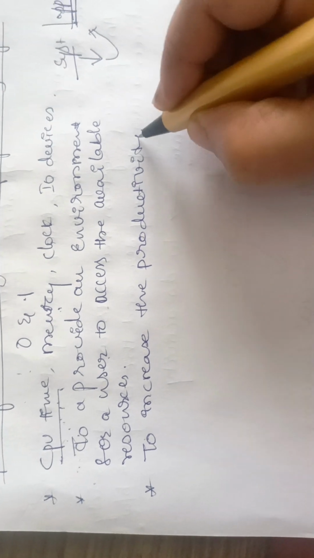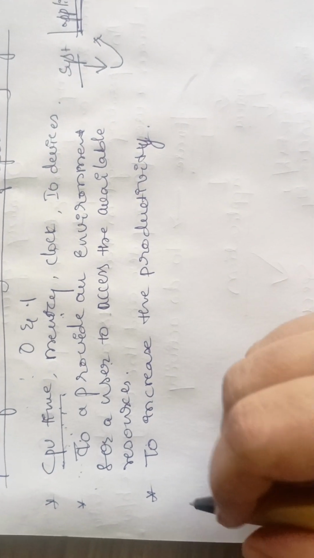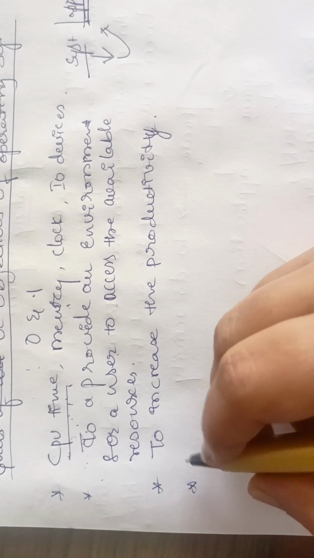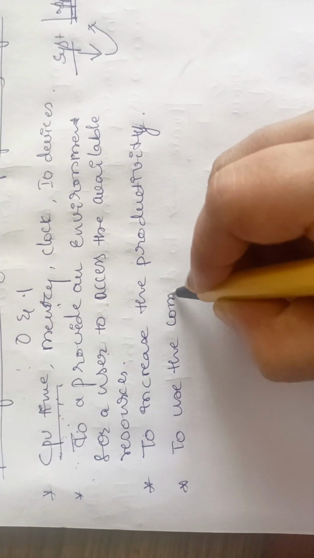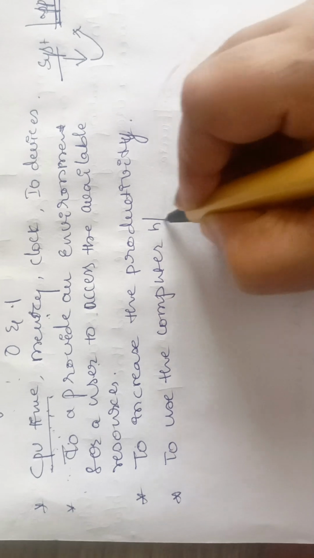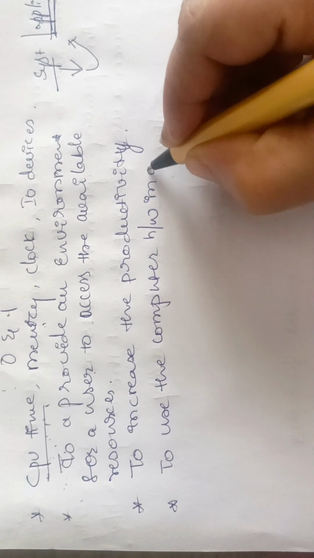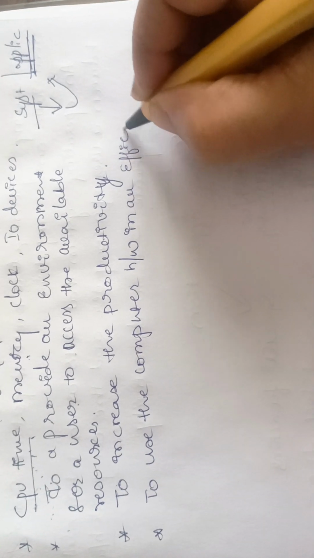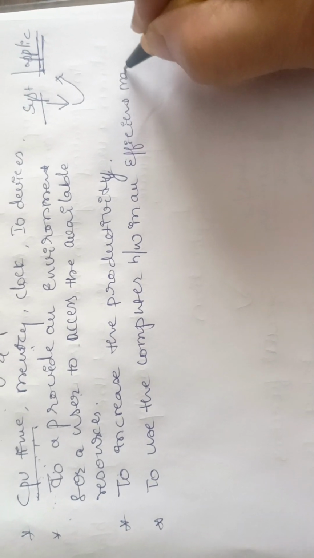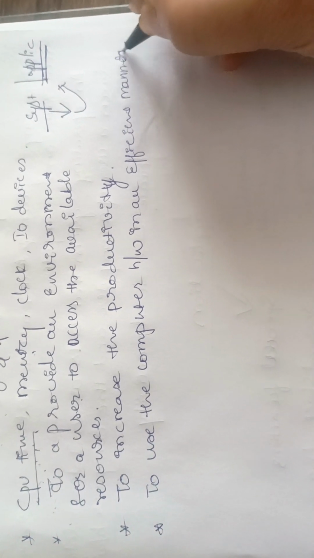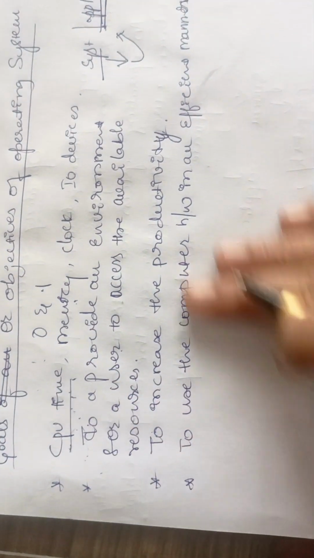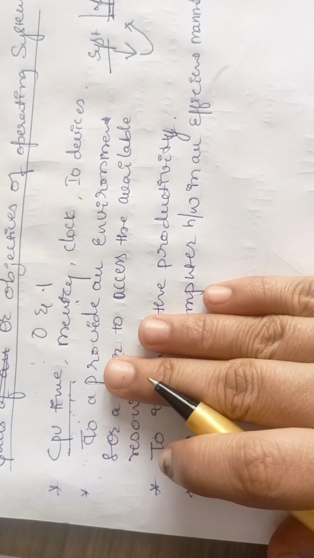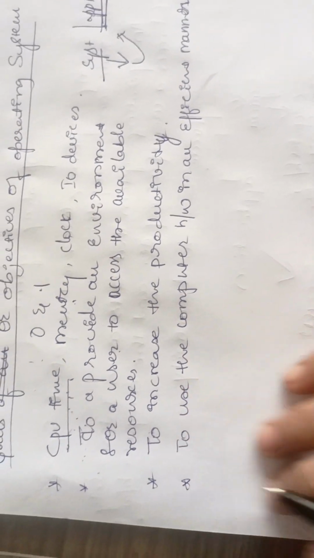So here we require an operating system. The next one is to use the computer hardware in an efficient manner. So in an efficient manner, we require the operating system. Now these are all the goals or objectives of an operating system, right? So the next topic is